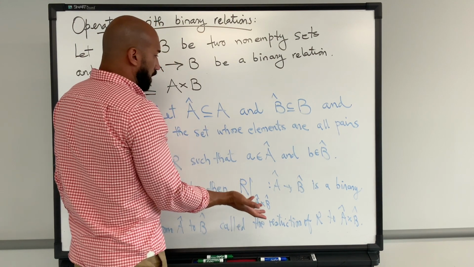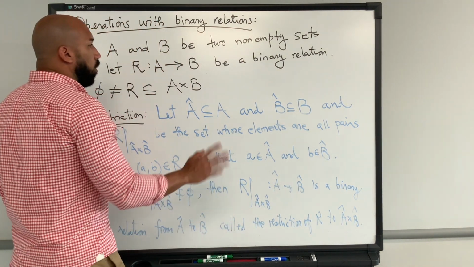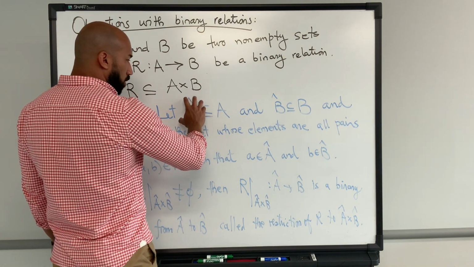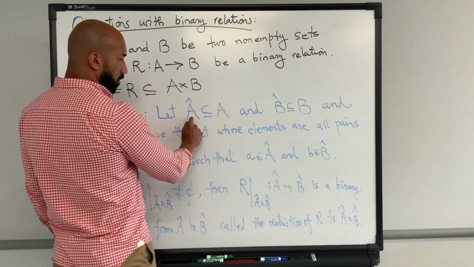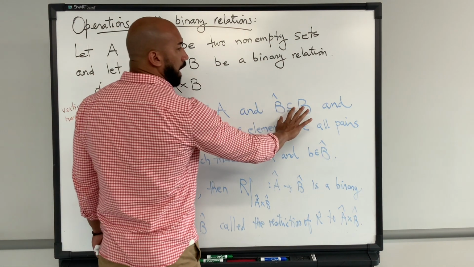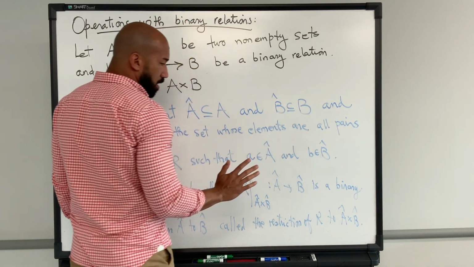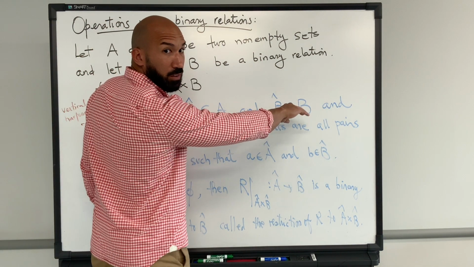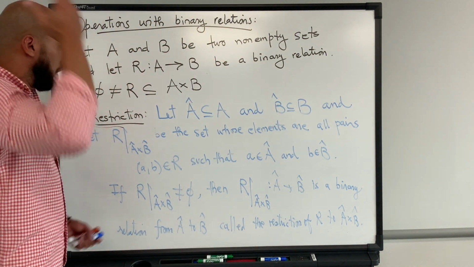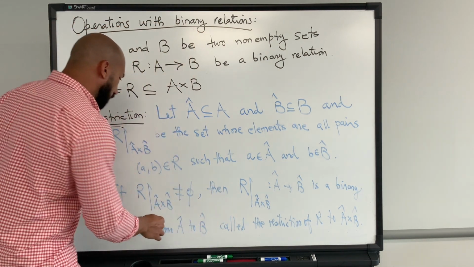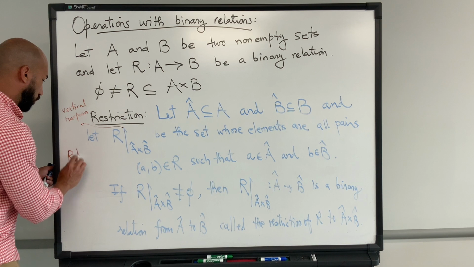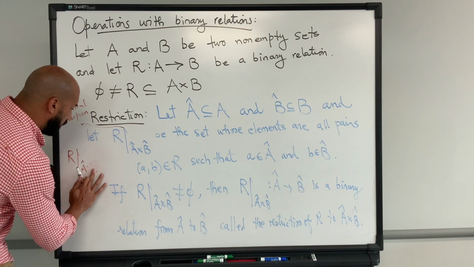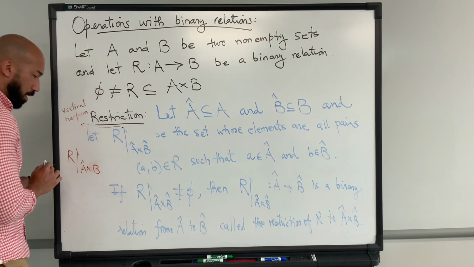The restriction is going to be the same binary relation R. But well, something that we do sometimes is we use a proper subset for A hat, but we keep B hat equal to B. So that means in this case we are just restricting the set for the first component, or we restrict just the set for the second component. Is that okay? In this case, in many cases, instead of writing R restricted to A hat Cartesian product B, we just write R restricted to A hat if we are keeping B